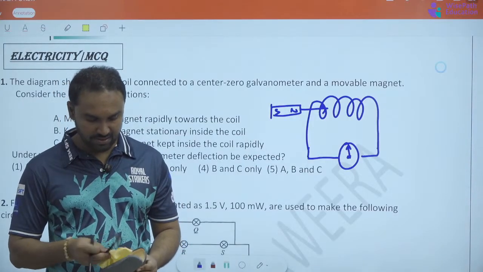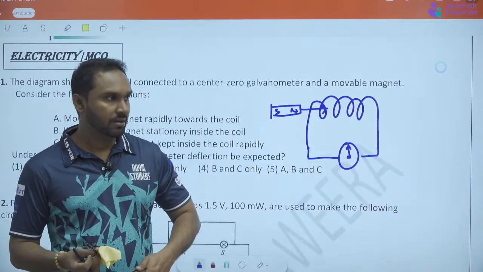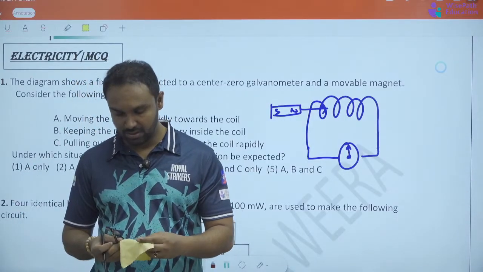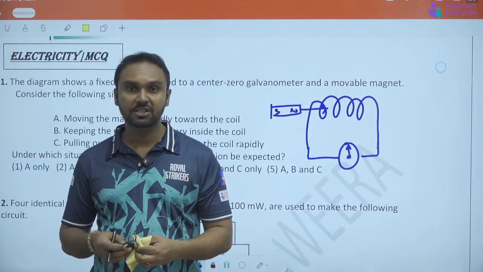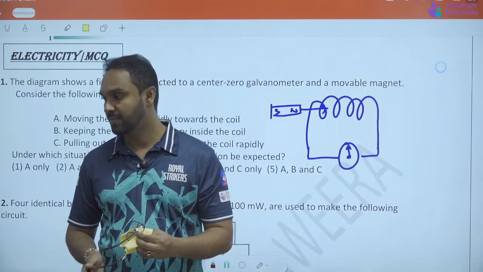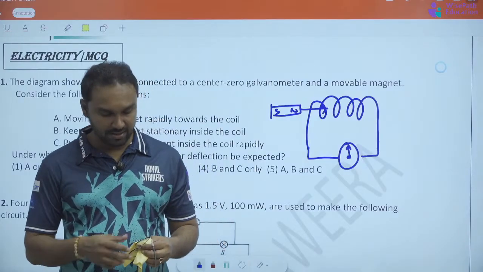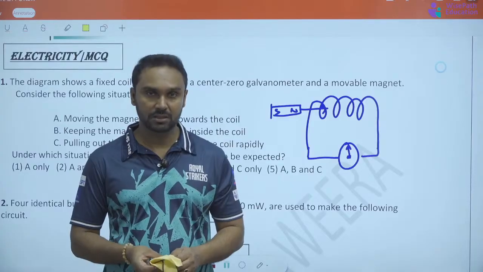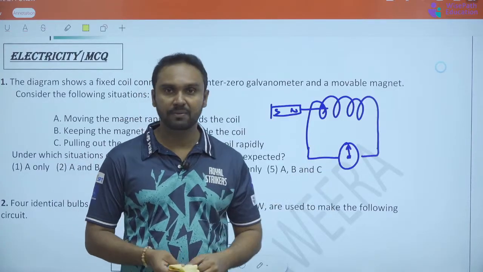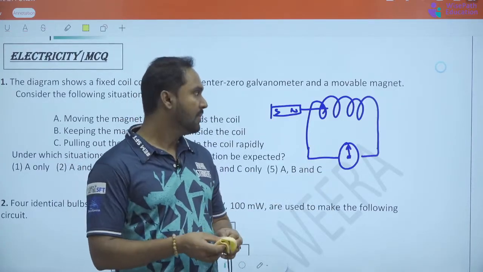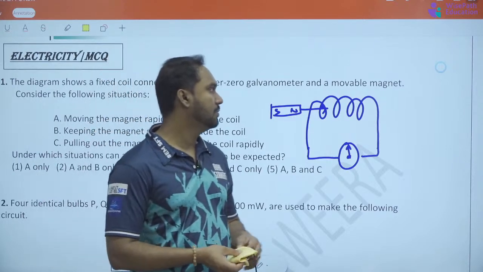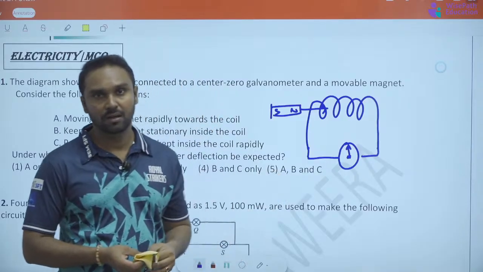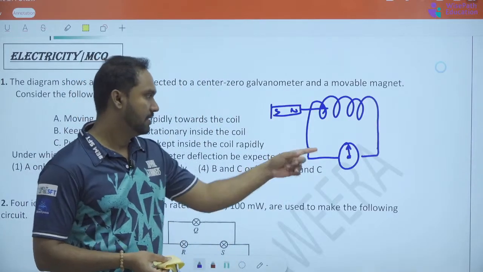Again the magnetic flux will change. Get it? So when the magnetic flux changes, a current or electromotive force occurs, which means the center zero galvanometer will start to move. So in both instances, when you move it forward and move it backwards, there will be a